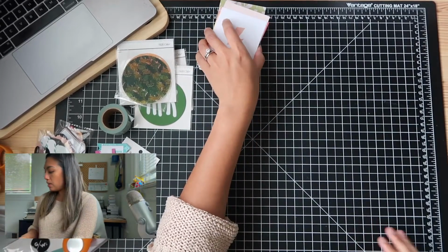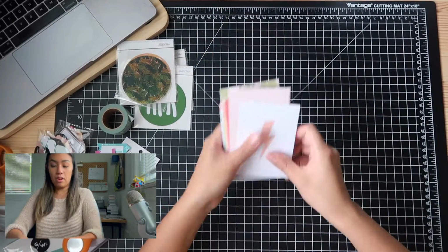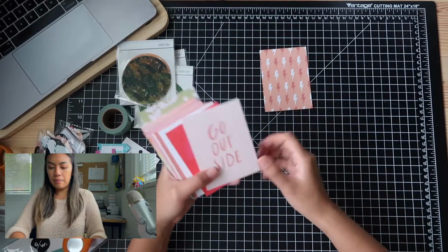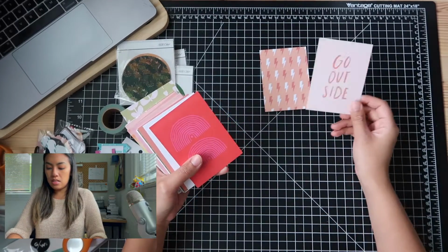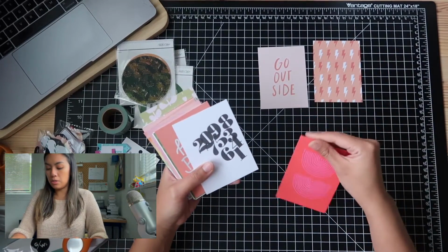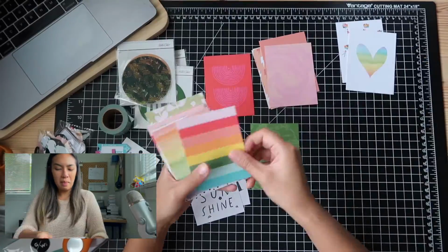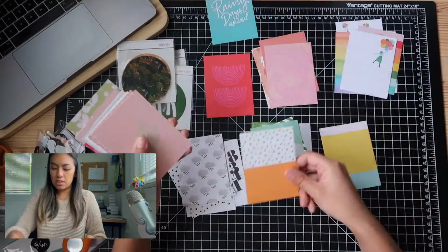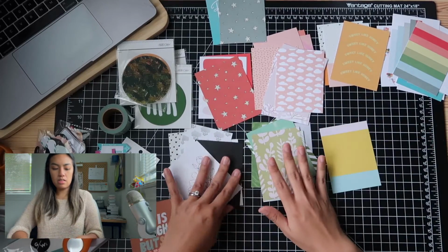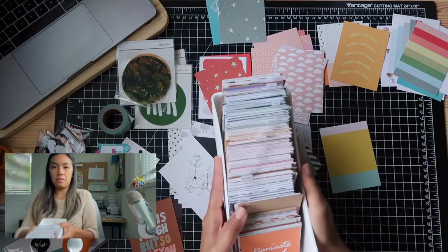So next, why don't we organize the 3x4 cards. So these are all going to be organized by color. I always go by the side I like the most, and I'm in rainbow order in my card thing, which I'll show you guys. So now that these are all organized by color, I'm just gonna go ahead and put them in the organizer